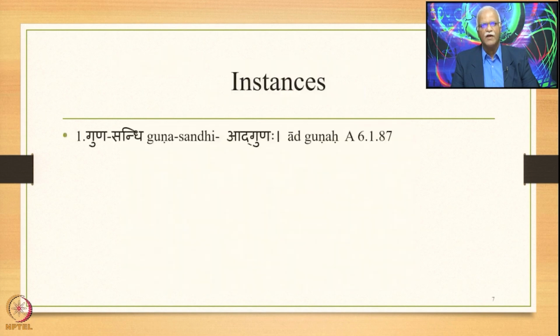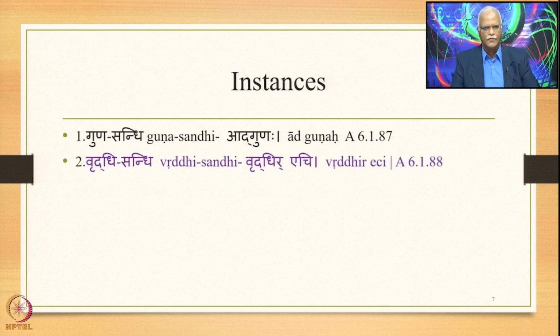There are 5 instances of this Dvisthanika Ekadesha. The first one is Guna Sandhi, stated by the Sutra Ad Gunaha 6.1.87, and we have studied this before. The second instance is Vriddhi Sandhi, stated by the Sutra Vriddhirechi mainly,